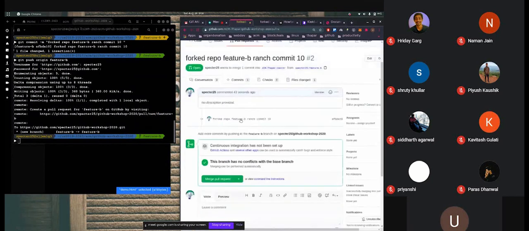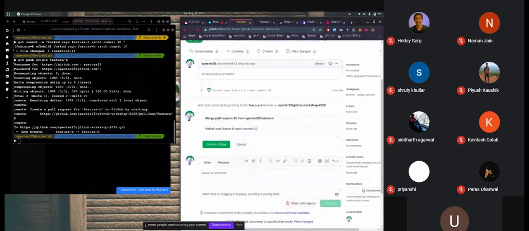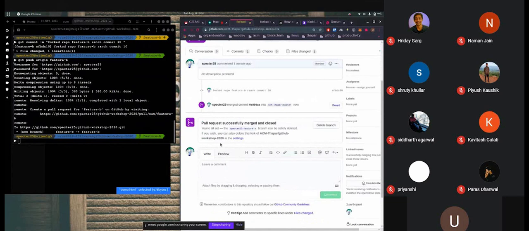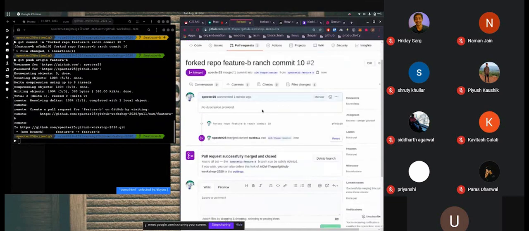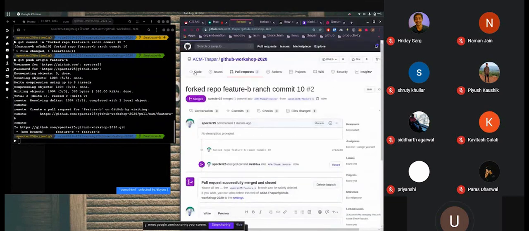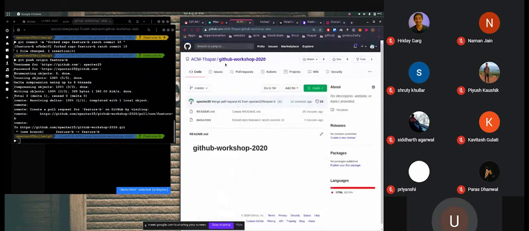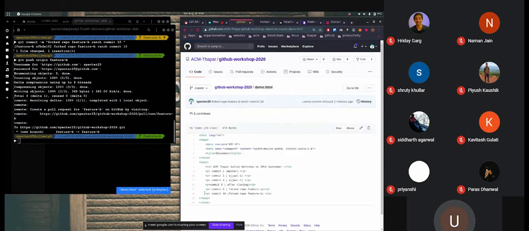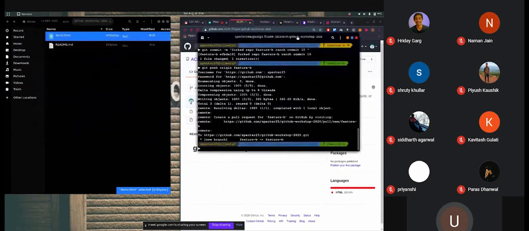So the organization will merge the code. Okay, so the organization merged the code and on the organization's main repository's master branch all the new code is there. So the new code, commit 10 from the fork repo feature B, we have this code here.